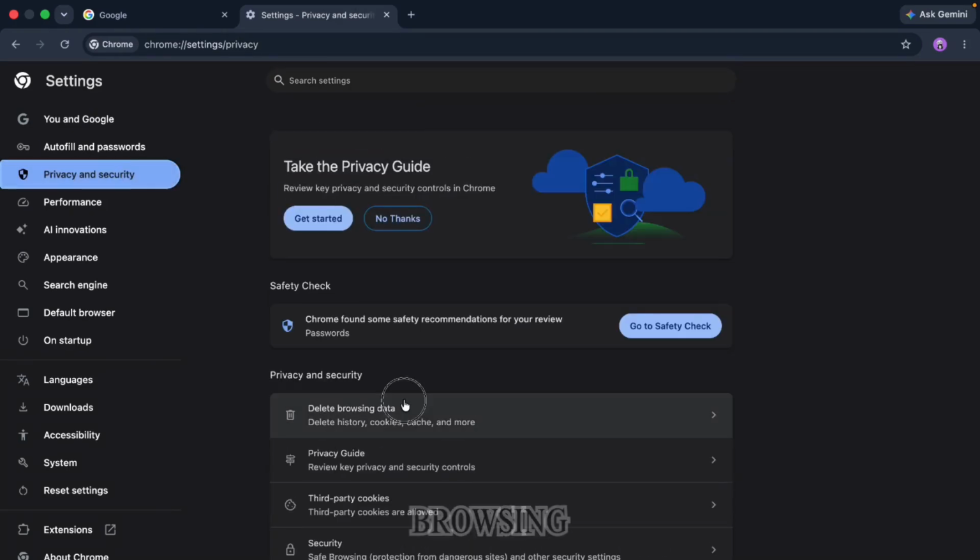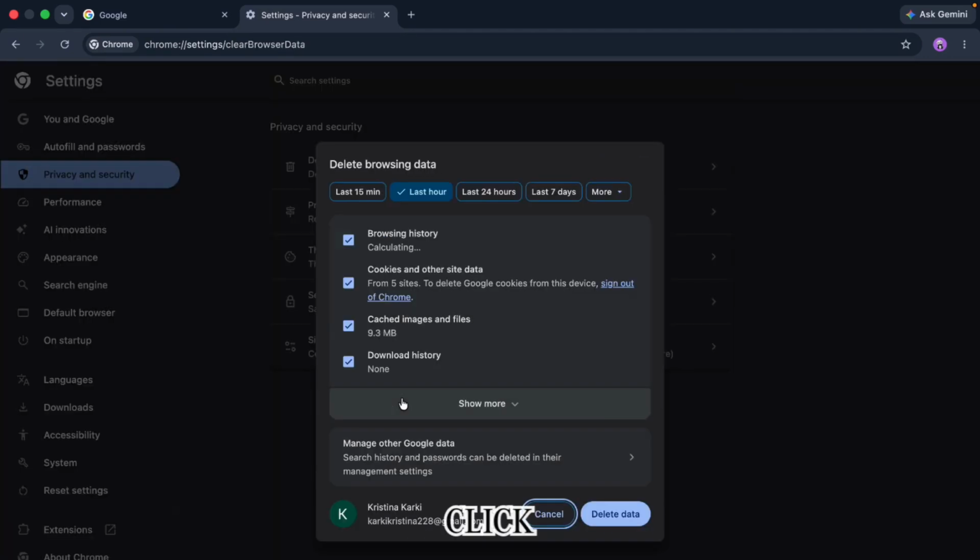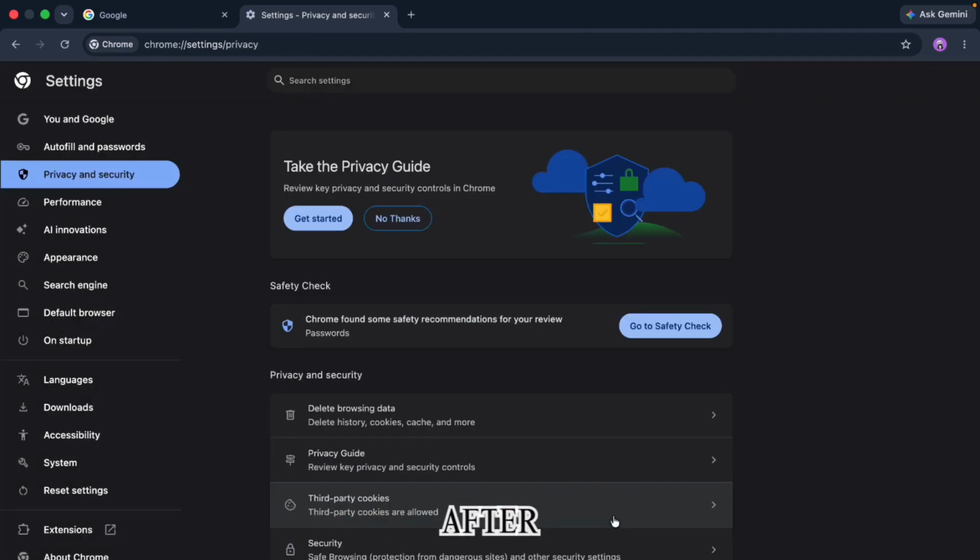Here you will find Delete Browsing Data. Click on it. Click on More. Choose All Time. Then click on Delete Data. After that,